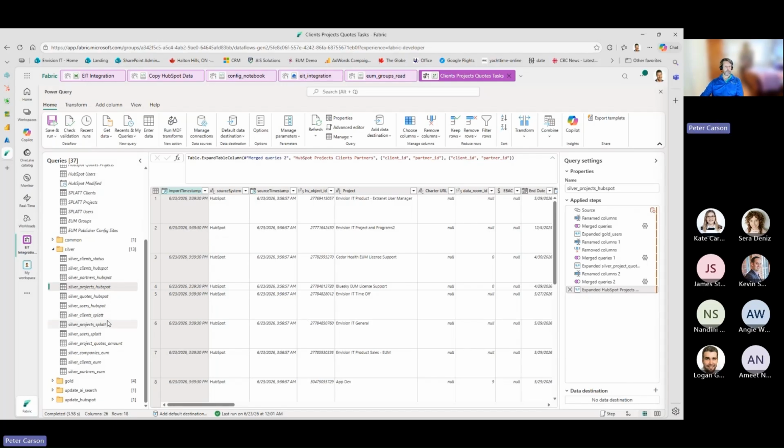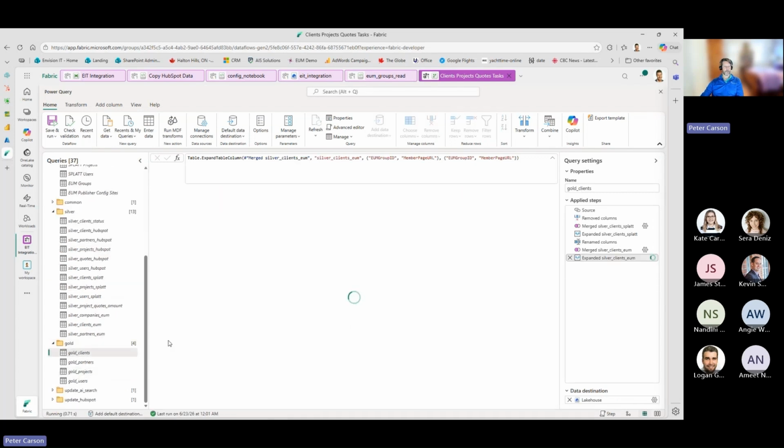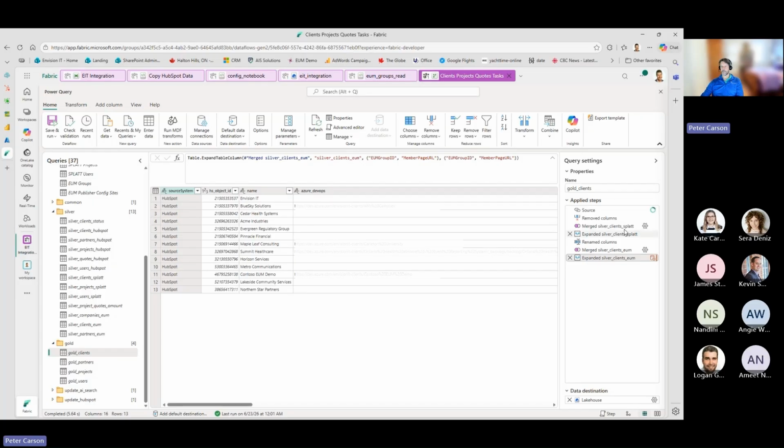And ultimately, we're going to come to the gold records here to say, hey, what is our master set of clients and where did that data all come from? So you can see it's merging in, it's got a source, which is HubSpot. It's pulling in the client's data, and it's taking data from all three data sources here and merging them into a single record. This is where we go from multiple records per entity into one master record per entity. And this is where we decide what takes priority and precedence.